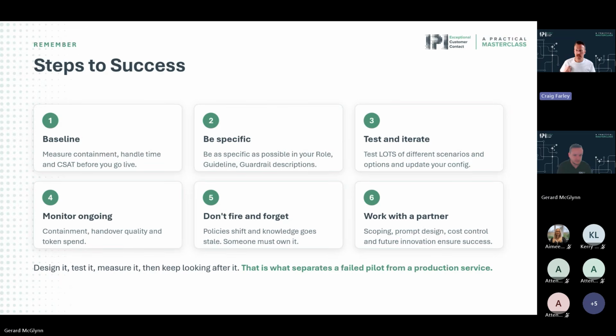Thanks, Jared. So yeah, just some recap points here. Start by baselining where you're at in terms of your metrics and be clear on what you're trying to achieve. Be very specific in your configuration description, so it absolutely does change the behavior, as you could see from some of the guidelines and the guardrails that Jared had put into his prompts. What I'd recommend there is test slowly. So build it. You've got the little test box that we saw the conversation happening in on the side. Test a line, test how that behaves, move along and get confidence in it and understand how it behaves